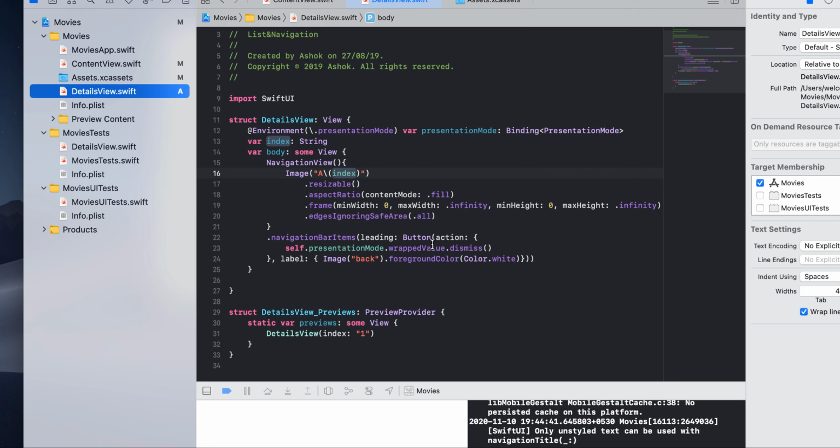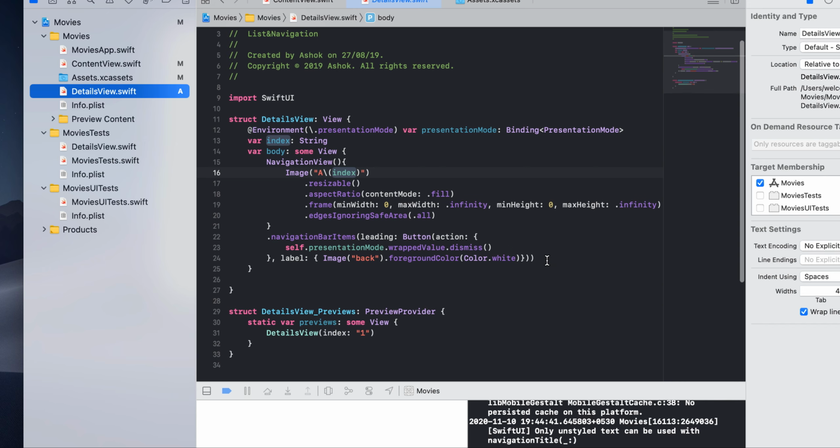See, button action self dot presentation mode dot wrapped value dot dismiss. And the label for going back is image back, and dot foreground color dot white. When you want to go back, you can use the back button, whereas when you want to go further, you can use a navigation button, right?